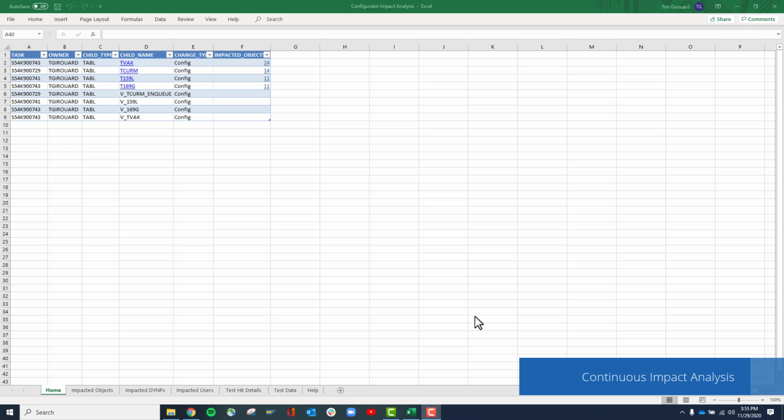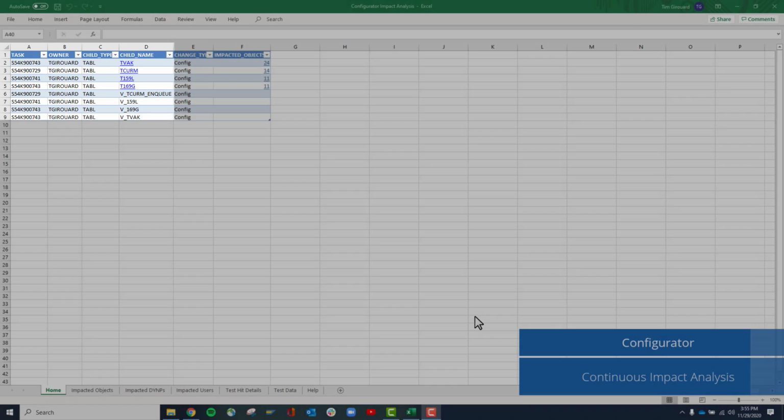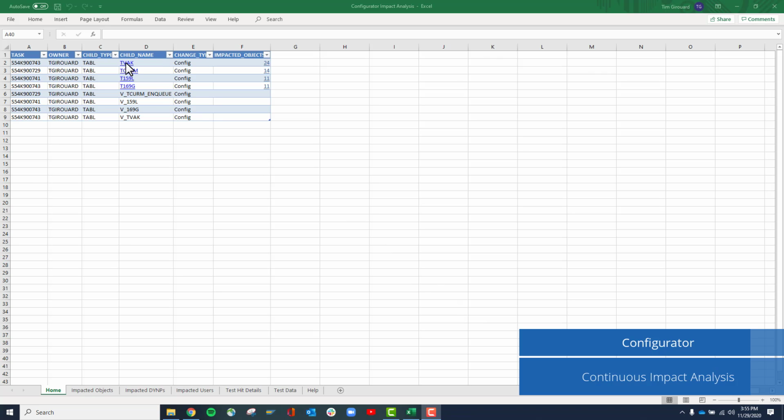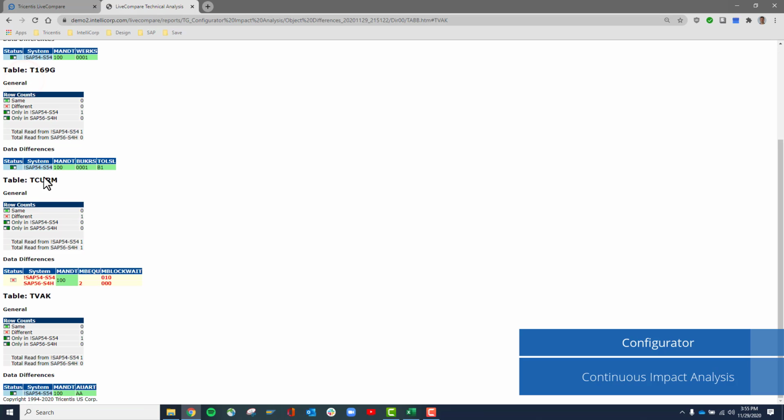Okay, let's now have a look at the all-new Configurator impact analysis. The first column is the task transport, second is the owner, and then column C and D, you'll see the changing configuration tables. Looks like the TVAC has changed. If you click on the hyperlink, we'll see the objects difference report, and the TVAC table has a new sales